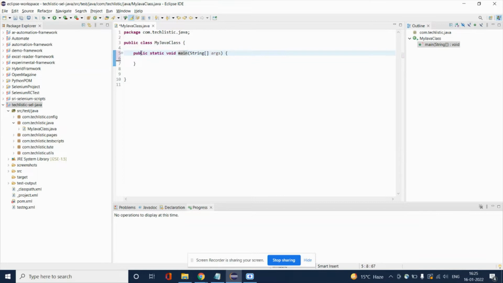Public is the access modifier. A method can be public, private, protected, or default. Since we have given it public, it means it is a global method. Static is another Java keyword which is used alongside methods and variables, and when we declare any method